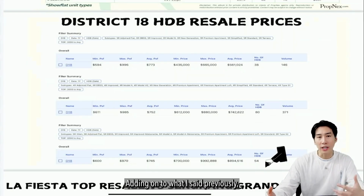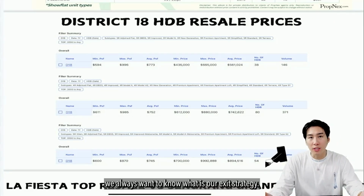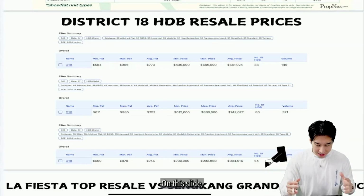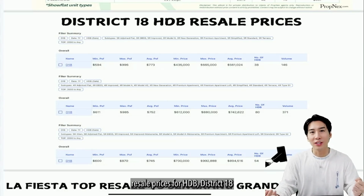Adding on to what I said previously, developers will do their research. When you buy a property, we always want to know what our exit strategy is. So who are your potential buyers? On this slide, we can actually see the HDB resale prices for District 18